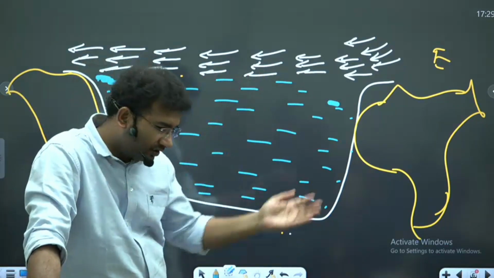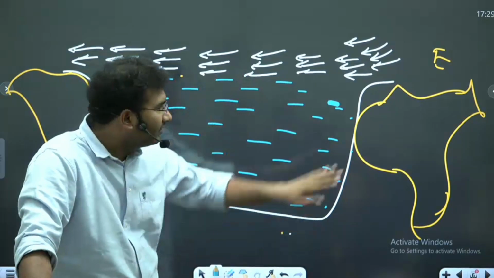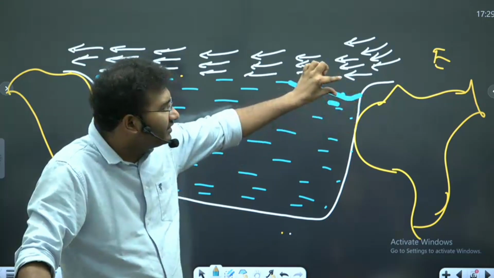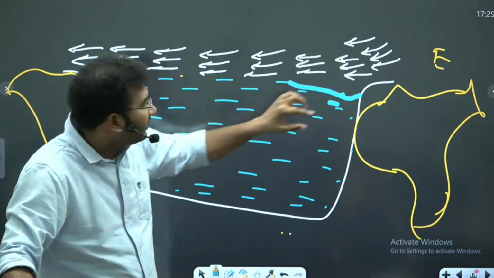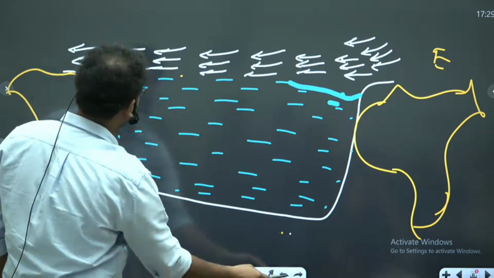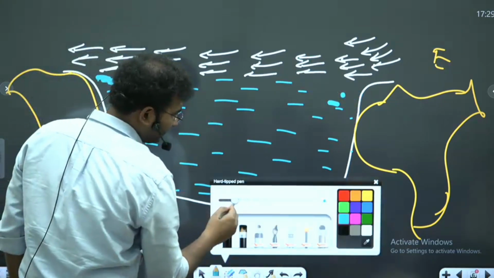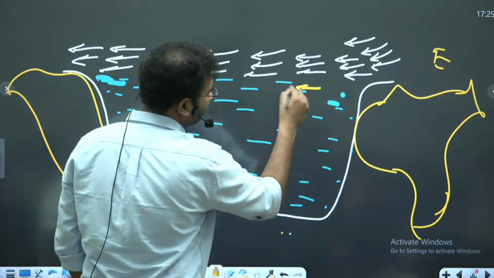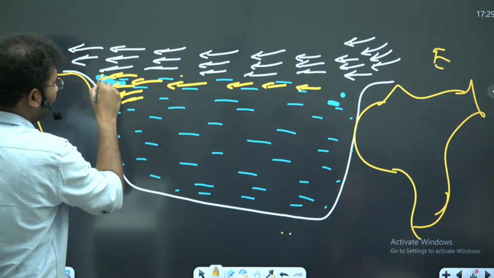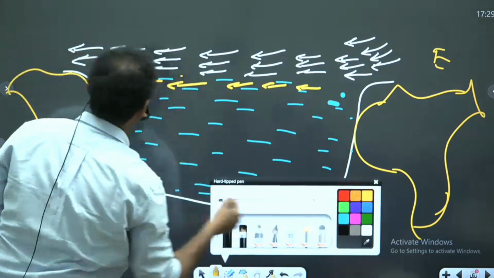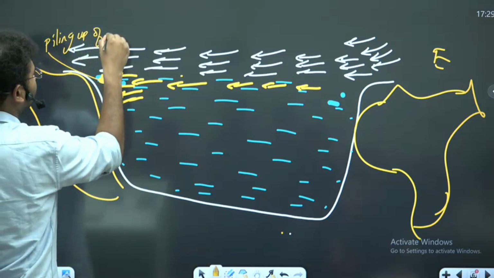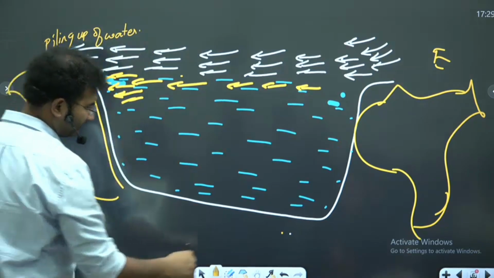Yes. In fact, you look into a big bucket and start to blow the wind. The water, usually the depth of the ocean, if you see, this is little lower. But here, the height of the ocean, if you see, it is little higher. Why is this higher? It is because, number one, piling up. Here, the water starts to move and the water will start to pile up. Can I call this as piling up area? You get to see the piling up of water.